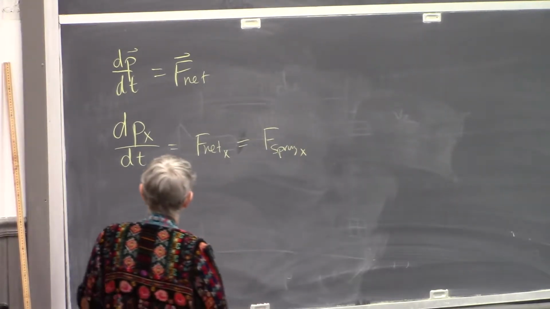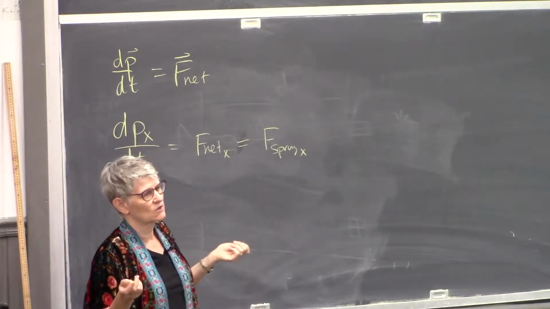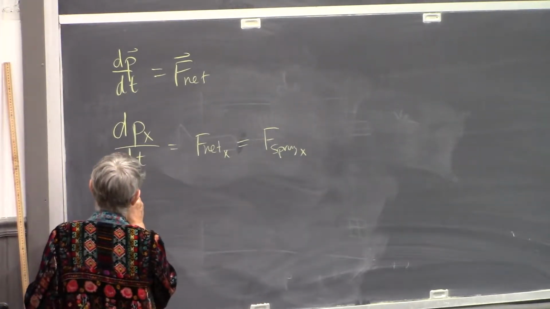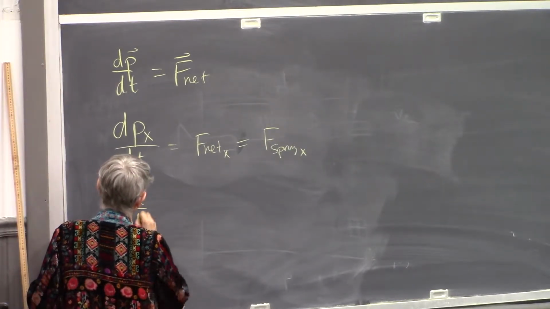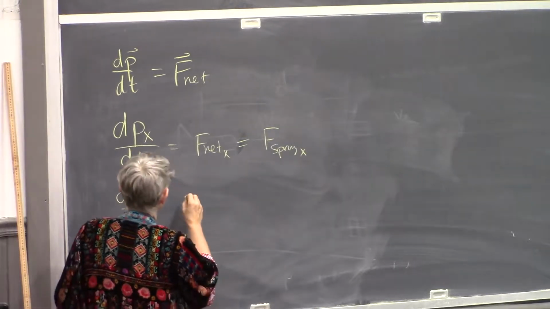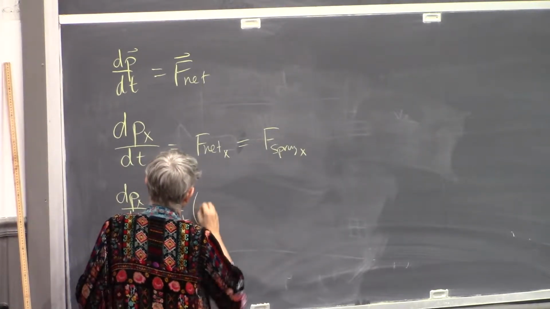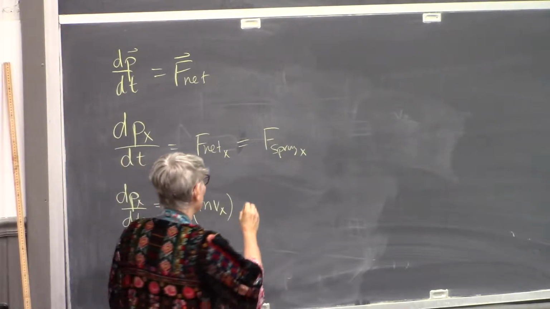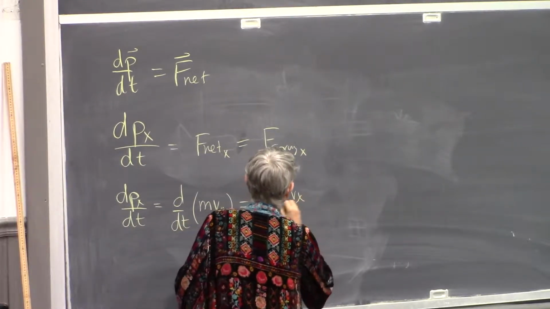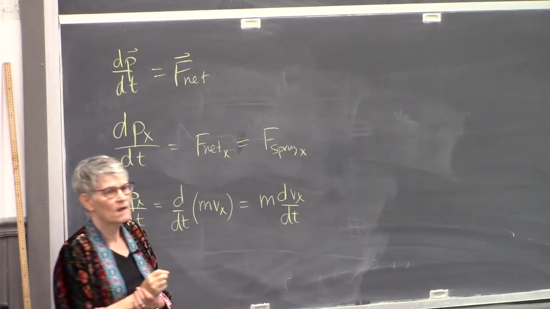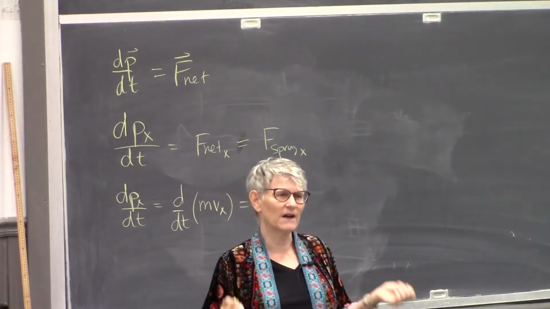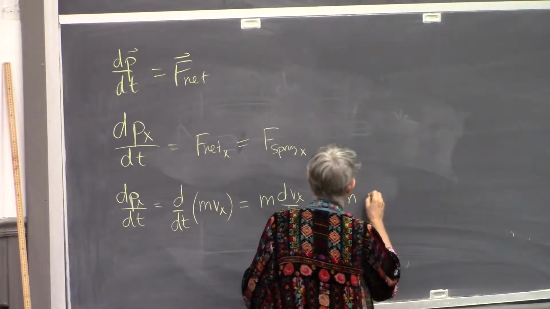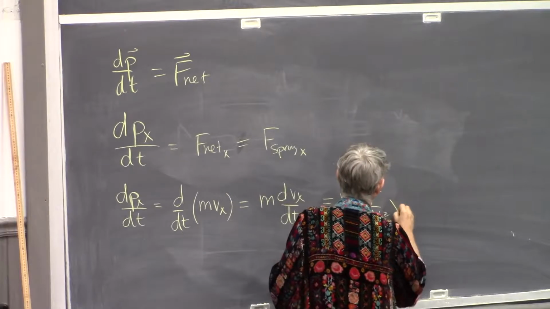Now, this thing is moving slowly compared to the speed of light. So therefore, dpx/dt is equal to the time derivative of m vx, or m dvx/dt. But vx is actually the time derivative of x. So we can rewrite this as